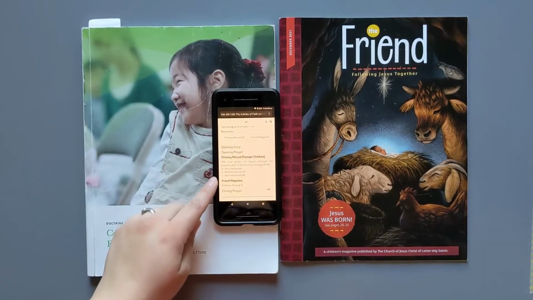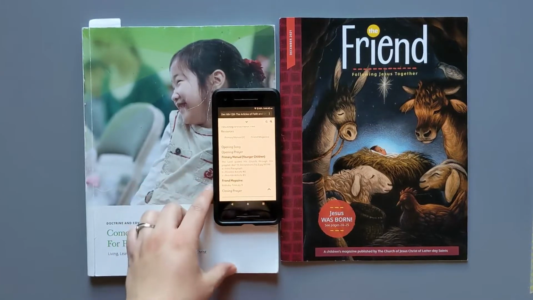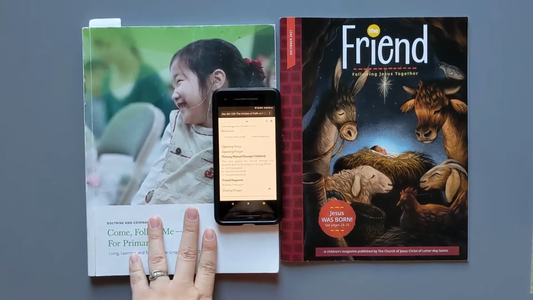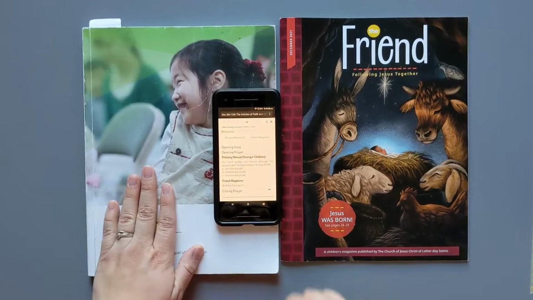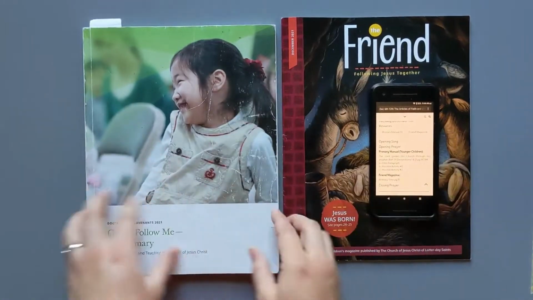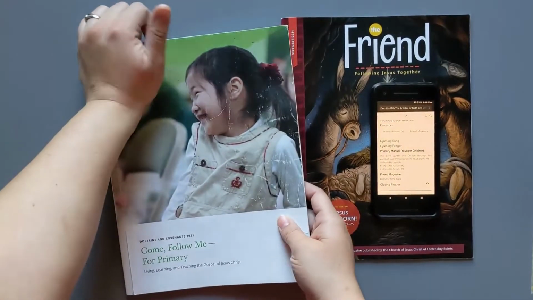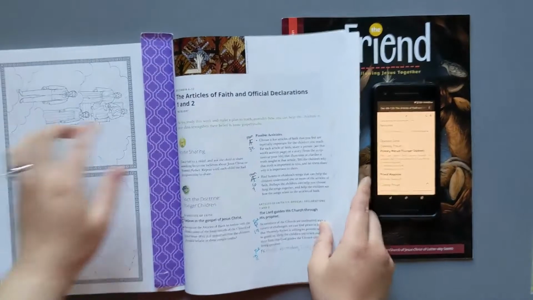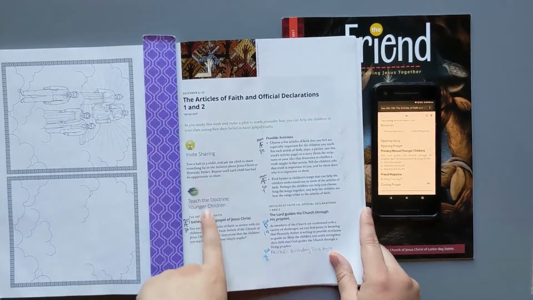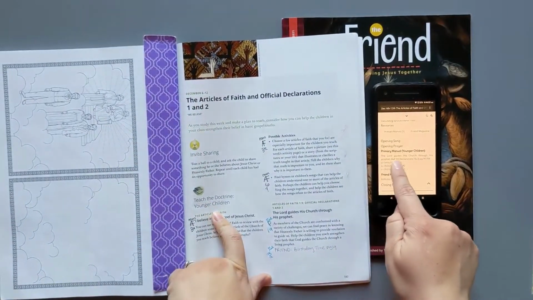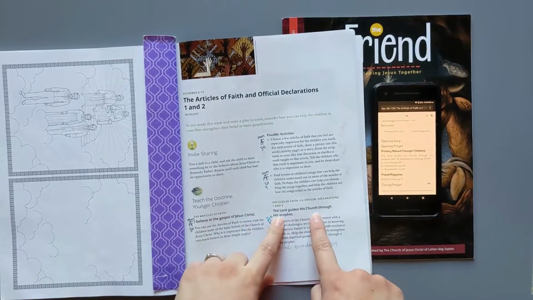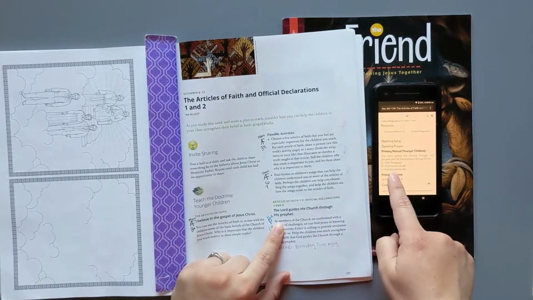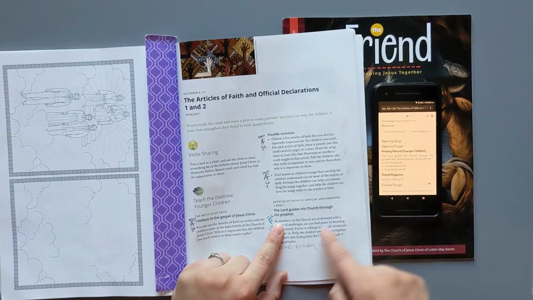So I would go through the lesson plan, find the items, read through them, decide if I'm going to use them or not, and then make note in my book. So let's go to here, primary for younger children. I know we're in December 6 through 12. Primary for younger children, that's this section. The Lord guides his children through the prophet, right here. And then I have intro paragraph, possible activity number 2, and possible activity number 3.